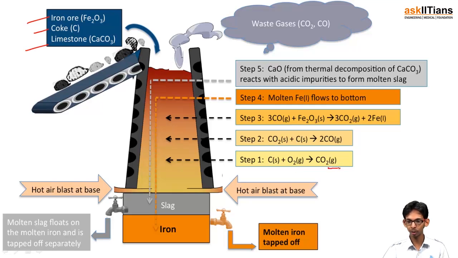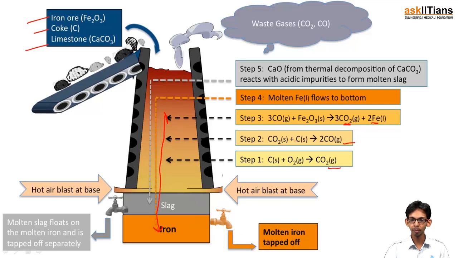Carbon is converted into carbon dioxide. In this area, carbon dioxide is converted into carbon monoxide. Then this carbon monoxide at this place reacts with iron ore to form iron and carbon dioxide in this area. Then this iron which was formed at this point moves down and reaches this area, is collected here, and then